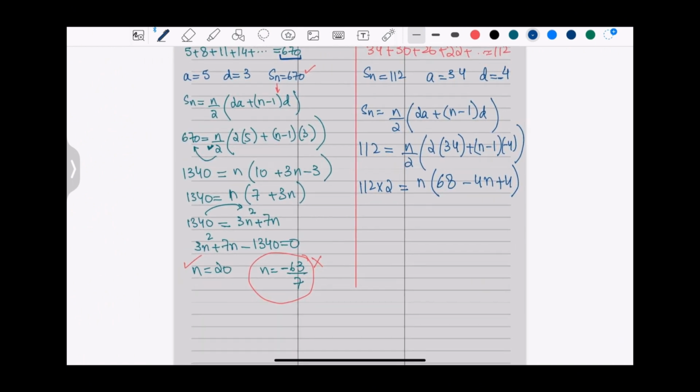And 112 times 2 gives you 224 is equal to n times 68 and 4 makes it 72, minus 4n. So minus 4n squared plus 72n is equal to 224, and sending all the others to one side,